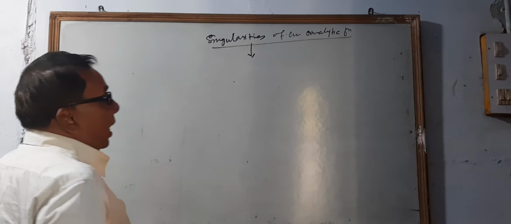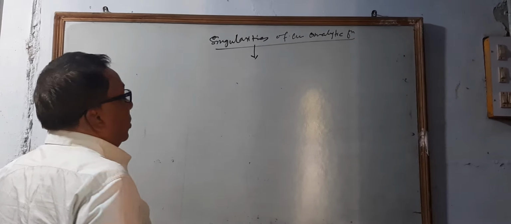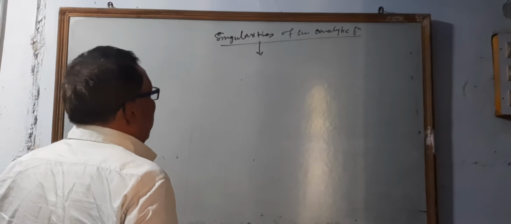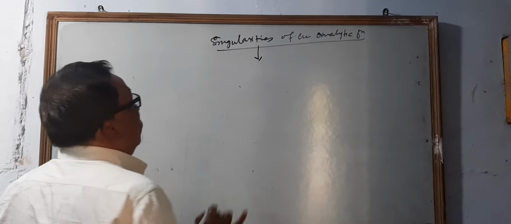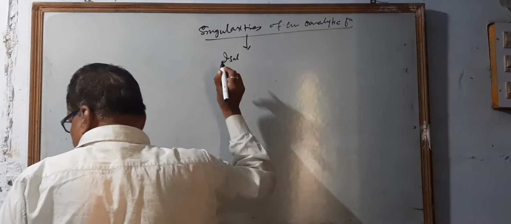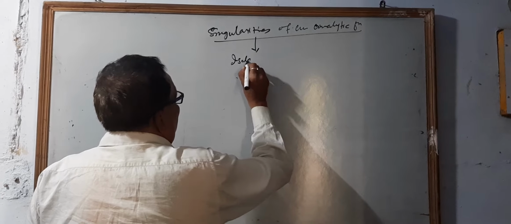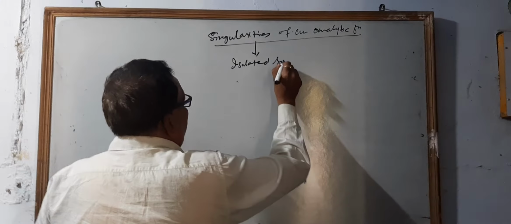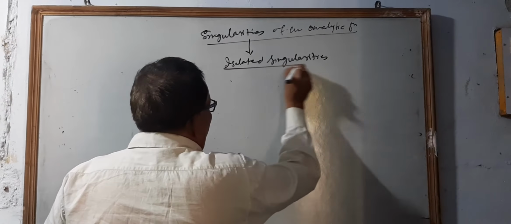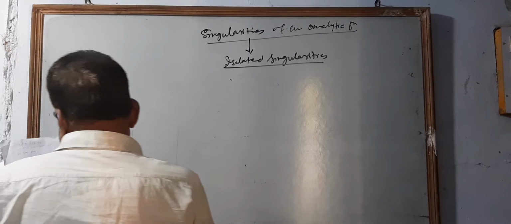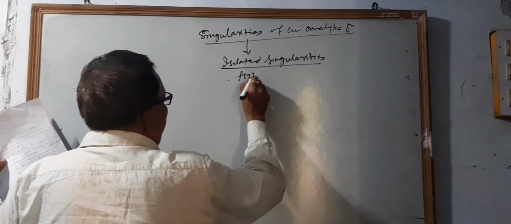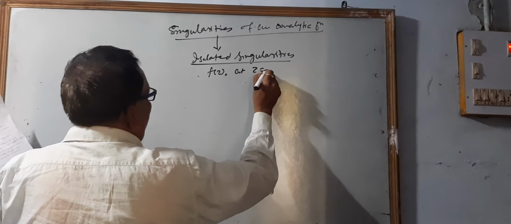Analytic function. As you know, for a singular point, for a function of z to be analytic, there are two types of singularities. First, isolated singularities. Isolated singularities. If you have a function of z at z equal to z naught